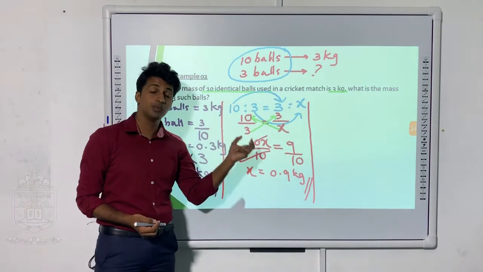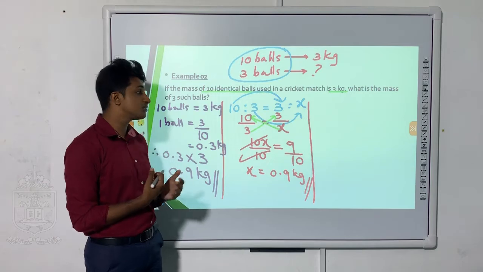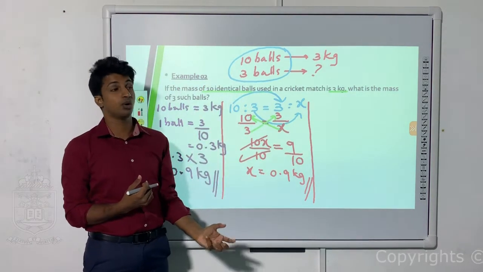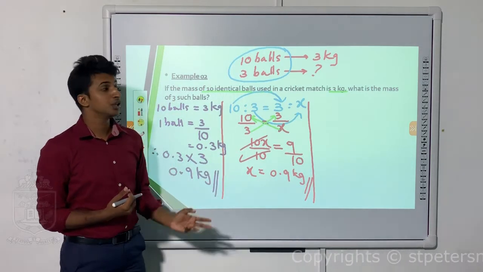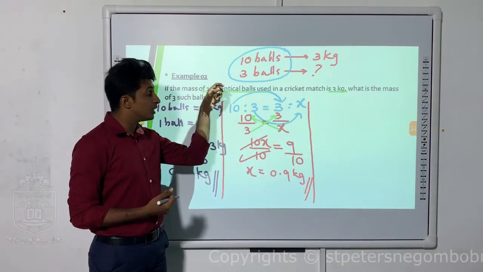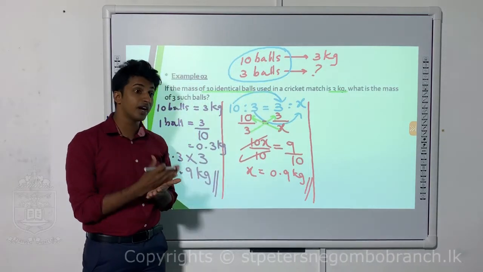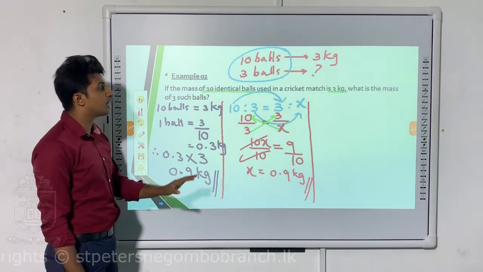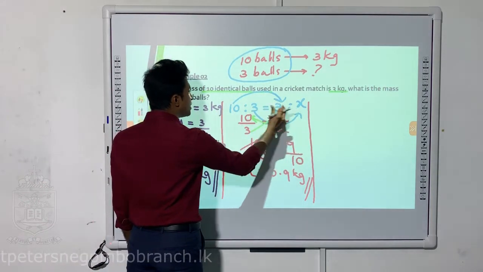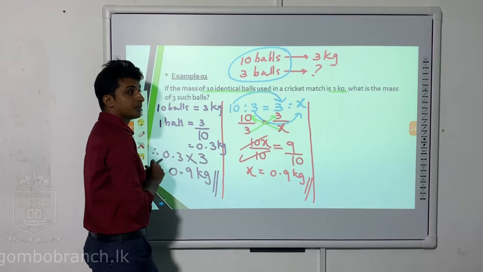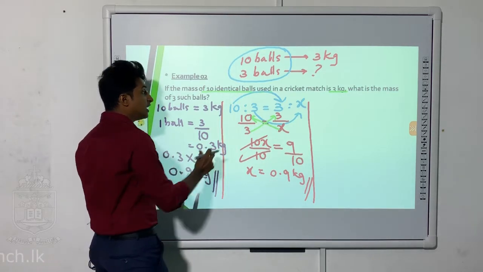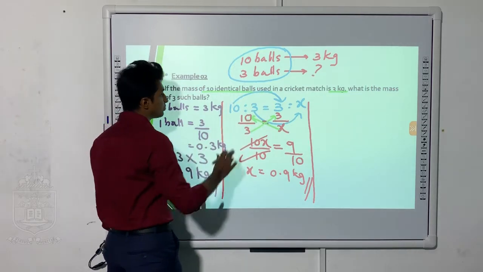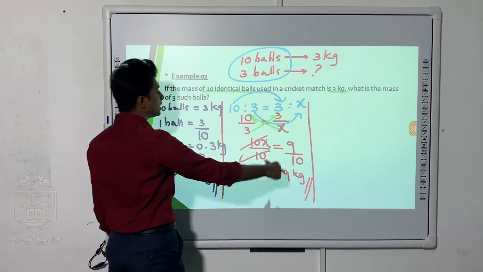Here, why didn't we use the shorter method is because you can't convert 10 into 3. You can't multiply 10 by any number or divide 10 by any number to bring it to 3. So now I have to use the longer method to find which relationship it happened, how 10 became 3. So for that, I have to convert the two ratios into two fractions. How to convert ratios into fractions? Take the first number, it will go up, second number will go down. From this side, first number will stay up, second number will go down.